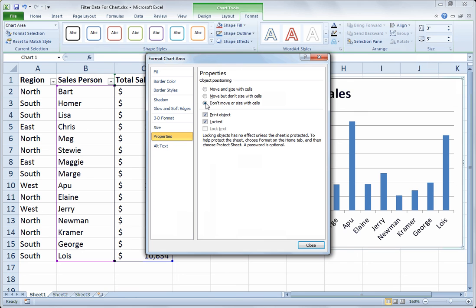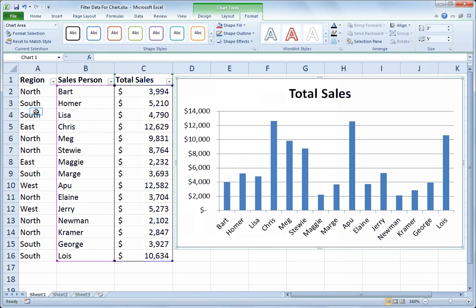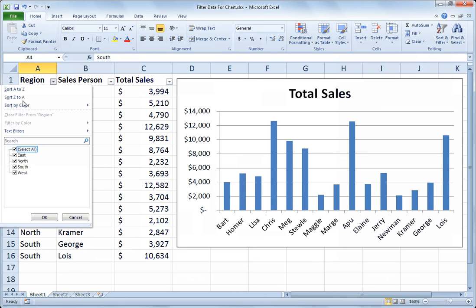So even though the cells below may end up being hidden from filtering, the chart won't change its position or its size. So I close, and so now if I go back and say I just want the south region,